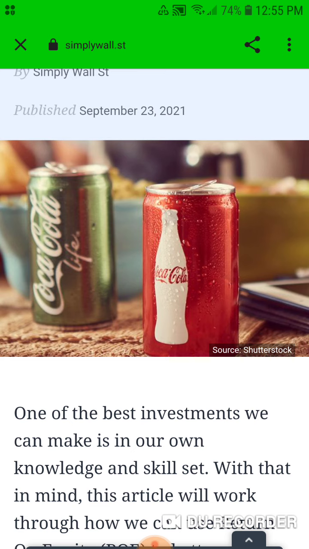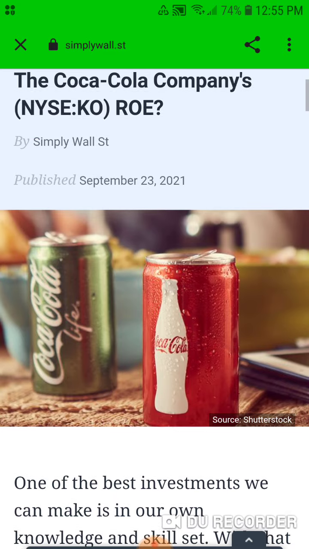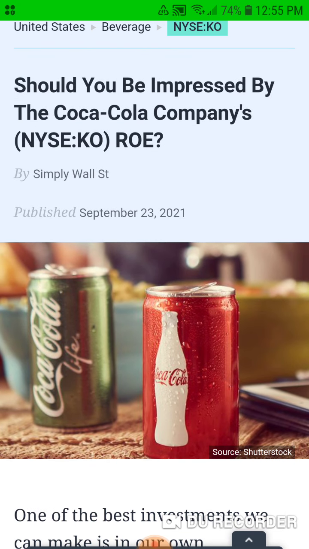There are other options, but when you see a Coca Cola can, if you like Coca Cola, you go for that. It's one of the habitual things that people do, people go for the brand that they know, and that's Coca Cola. So now that we've gone over a little bit of the business model and the branding, which are some of its competitive advantages, which is partly what goes toward the return